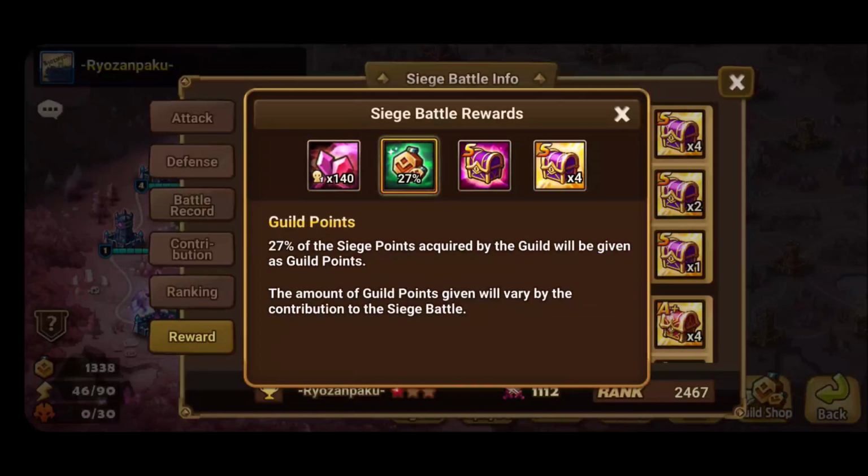So for example, if you win, your guild has 20,000 points and you get 27% of that as guild points. That's for your guild split. So that would come out to 5,400 guild points, and let's say you got 20% contribution. That means that you would get 1,080 guild points. And that's a lot of Ifrit pieces, that's a lot of light and dark pieces, that's a lot of flags that you can upgrade. And so it's essential that you get good siege defenses if you want to really build